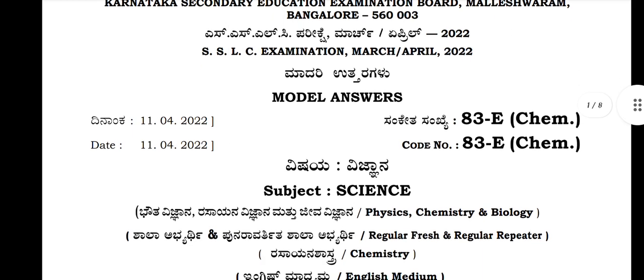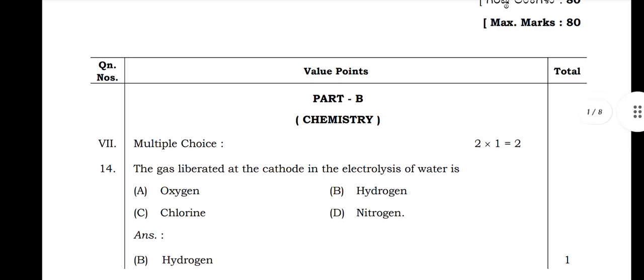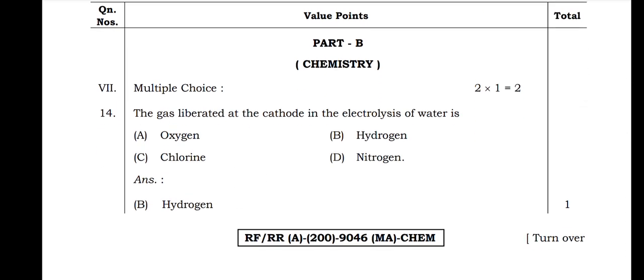In this video I'm going to solve the 10th standard science chemistry question paper, Karnataka board 2022. Part B, the chemistry section, has multiple choice questions, 2 questions of 1 mark each, so you'll get 2 marks. The first question they asked is: the gas liberated at the cathode in the electrolysis of water is oxygen, hydrogen,